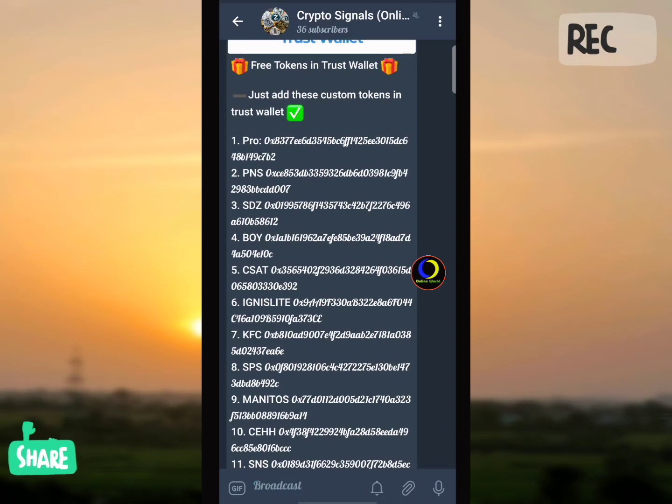What you need to do is join our Telegram channel. Why? Because you need some particular links to get those NFT tokens. I have provided these links in this channel. Why? Because if I provide this text or this address in the description box, then you will not be able to copy this particular address. So just join our Telegram channel and you will find the address there. For example, as I told before, ProChain: I just click on that particular link, then the text is copied to your clipboard. That means the address is copied here. You need to create your Trust Wallet account.